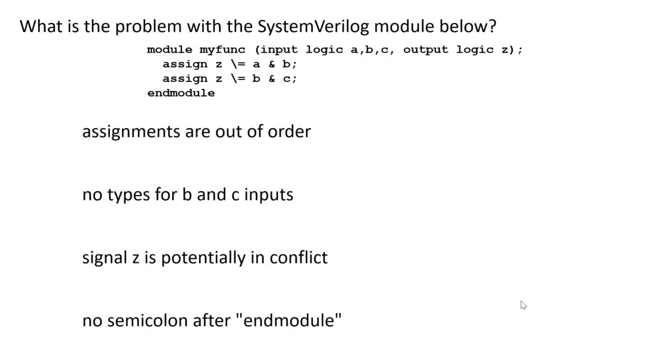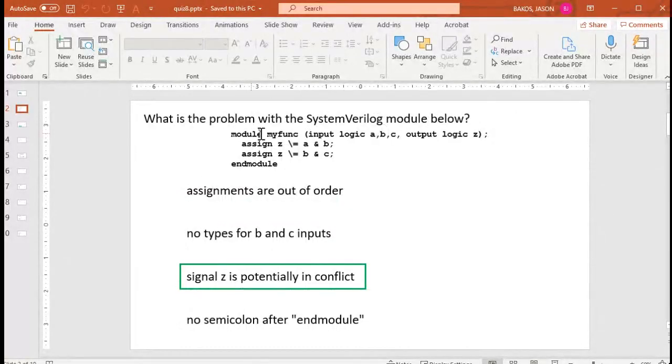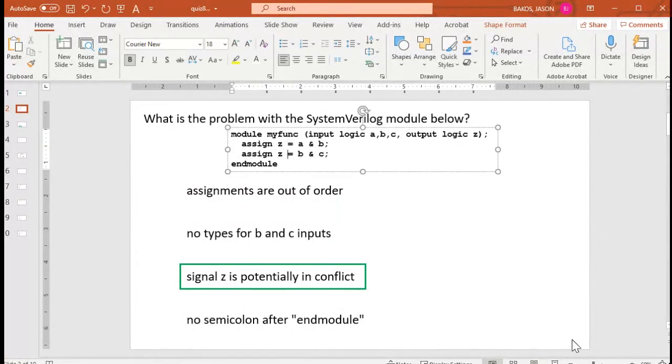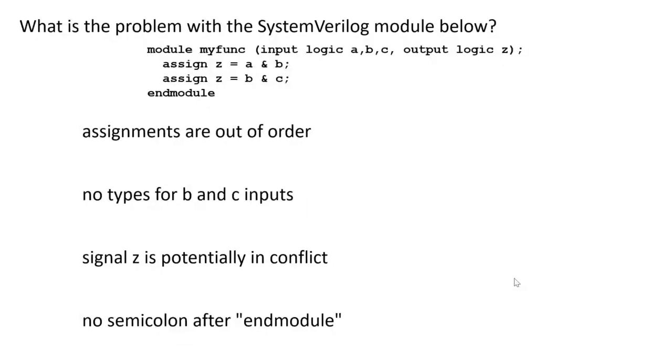Okay, question 2: what is the problem with the System Verilog module below? And I'm sorry, I left some backslashes in there. Okay, so this says it's a module called myfunc. It has 3 inputs, A, B, and C, and an output Z, and there are 2 assign statements in there. So what's the problem? The problem is that